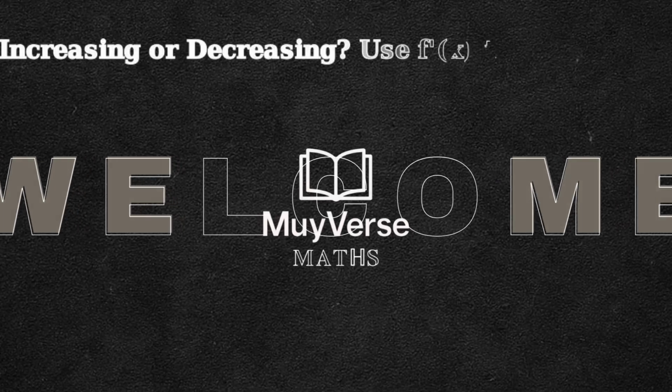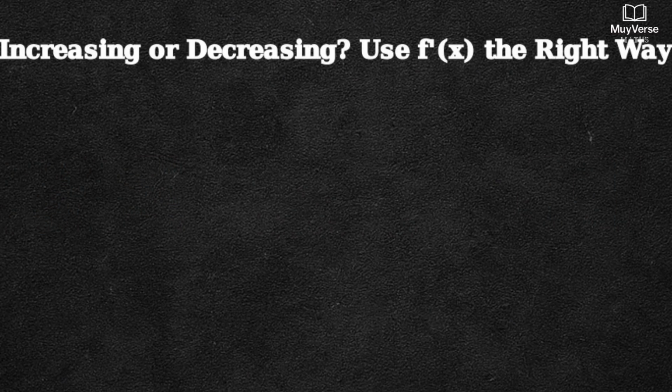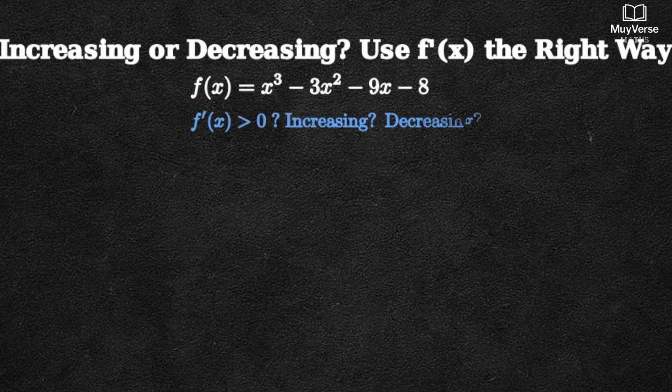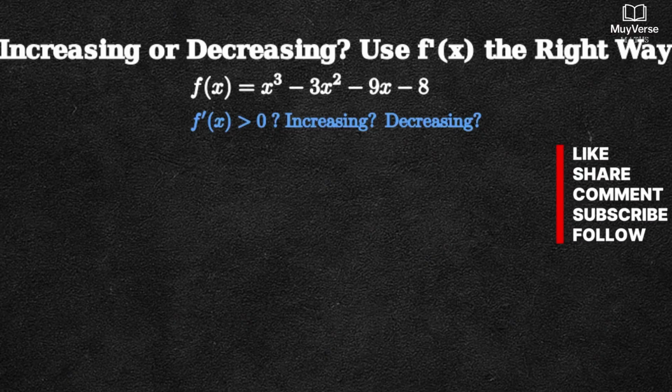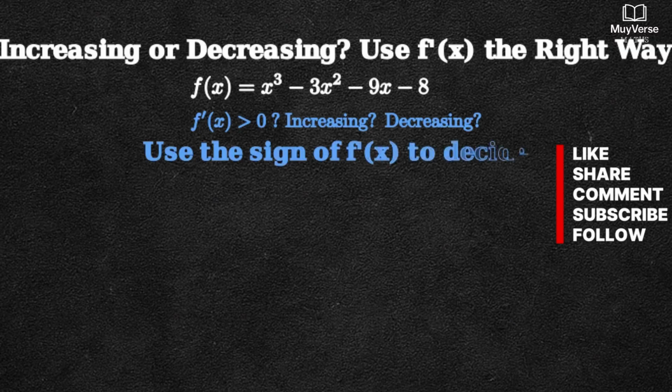YouTube title, increasing or decreasing. Use f prime of x the right way. Exact question on the thumbnail. F of x equals x cubed minus 3x squared minus 9x minus 8. F prime of x greater than 0. Increasing, decreasing? Our goal is to decide where the function is going up and where it is going down, using